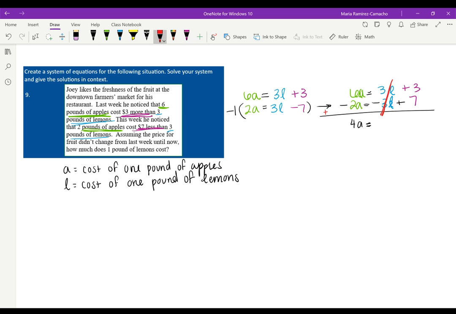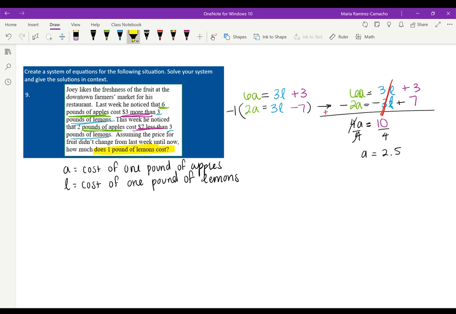So those get eliminated, hence the name, the elimination method. And then 3 plus 7 is 10. We'll divide both sides by 4. A equals 2.5. So we can assume that the cost of 1 pound of apples is $2.50,